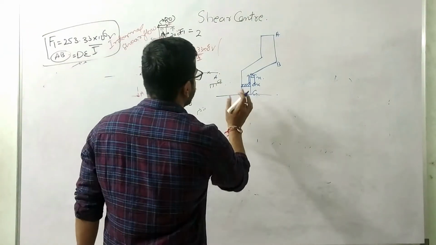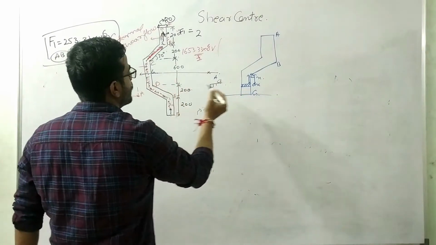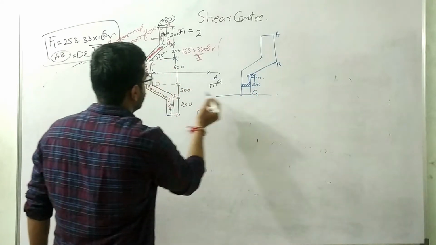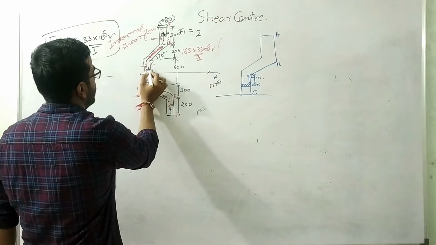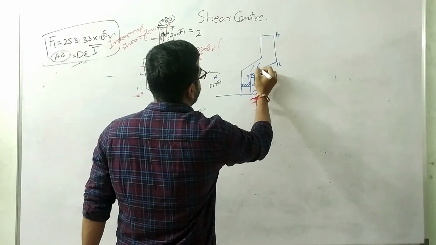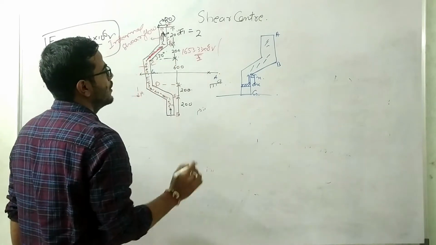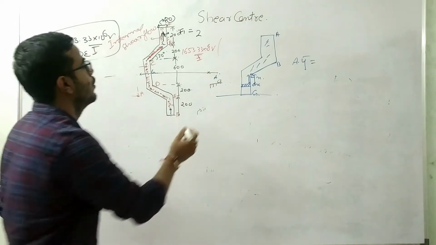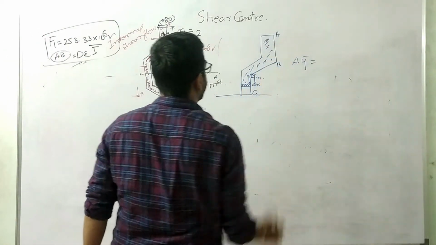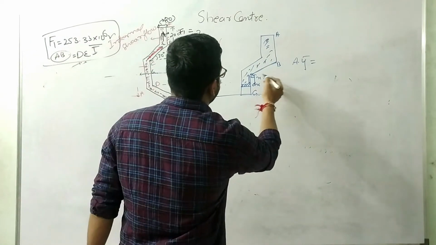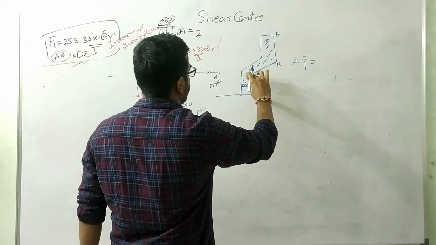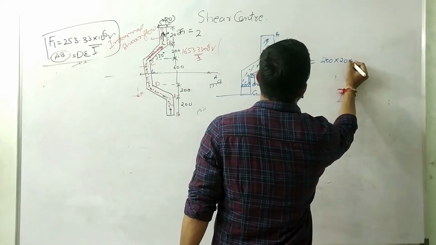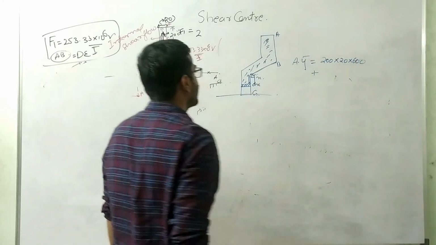Now to calculate the A y bar, I need to consider the area above this section or below this section. I am taking the area above this section. Below means we have to take this complete area. Let us suppose I am applying a cut over here, I need to take this complete area. So I am taking this area only. Okay, so I need to calculate what will be the A y bar. This is the most important thing. What will be the A y bar for this whole area? This whole area includes the AB segment, the BC segment, and some portion of the CG segment. For the AB segment, I can write again 200 into 20 into 600. This we have already calculated earlier.